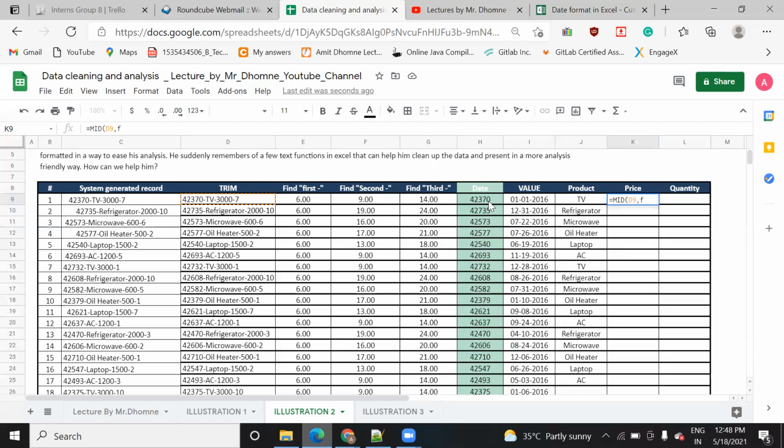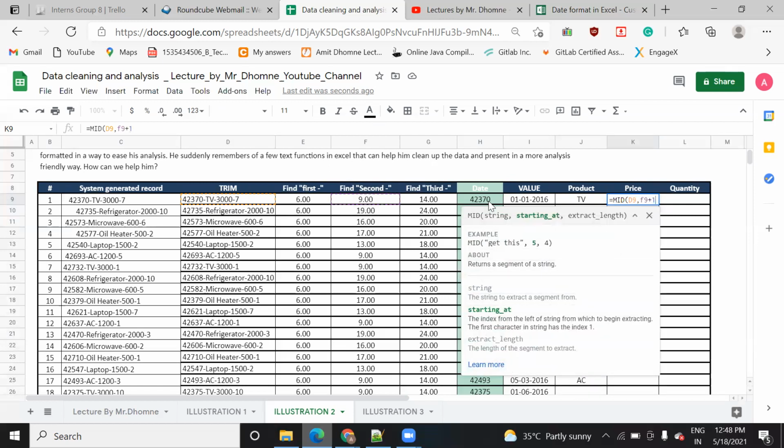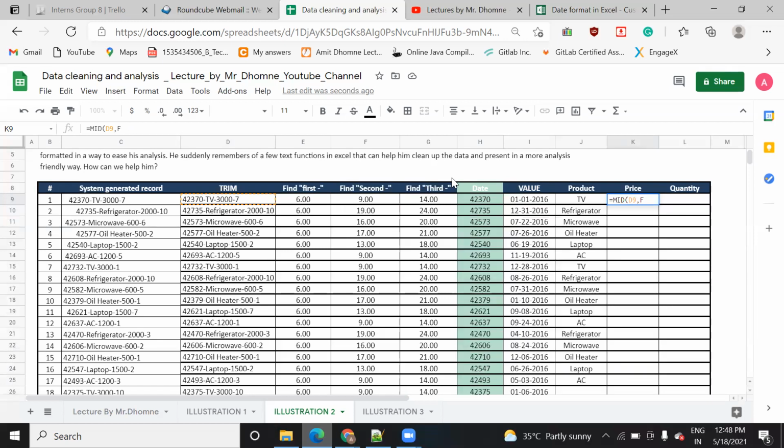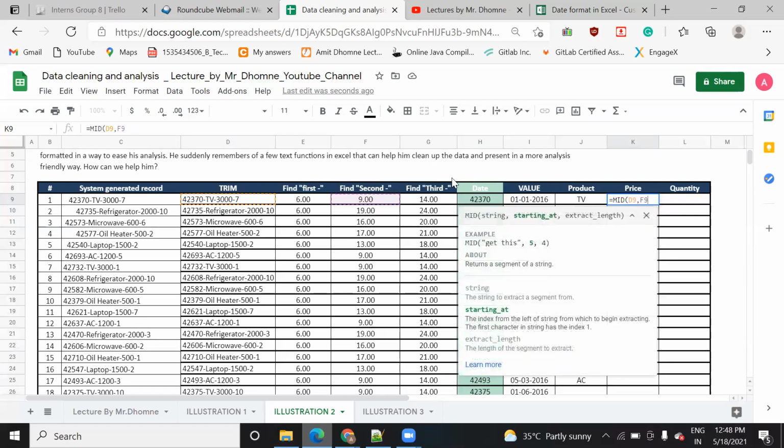So here, F9 plus 1. What is F9 here? F is the name of a column, 9 is the row of that particular column, and your price starts at that location. You can count also here: 1, 2, 3, 4, 5, 6, 7, 8, 9, and 10, right? So it is starting after the ninth location, that is at the 10th location.